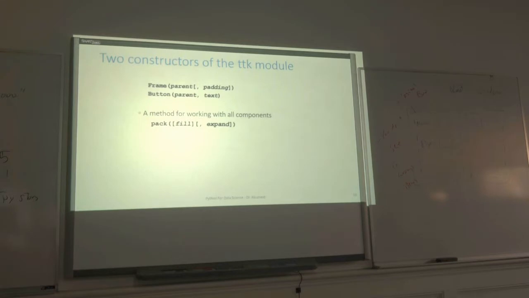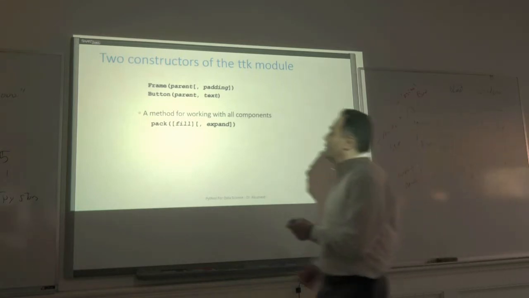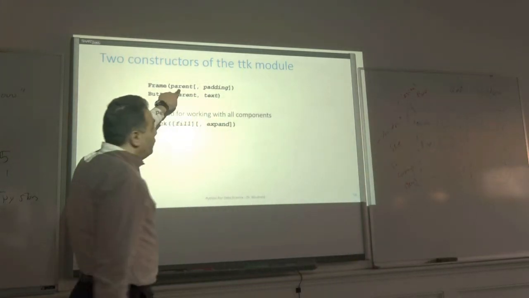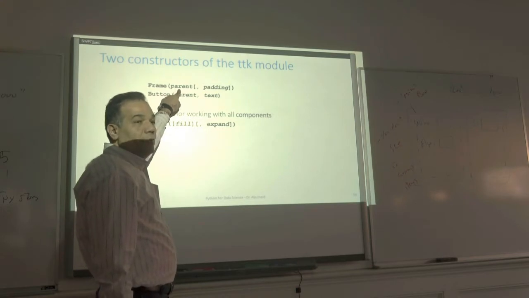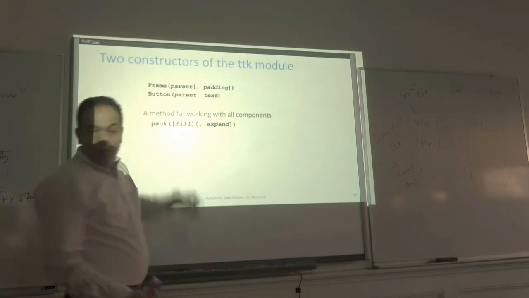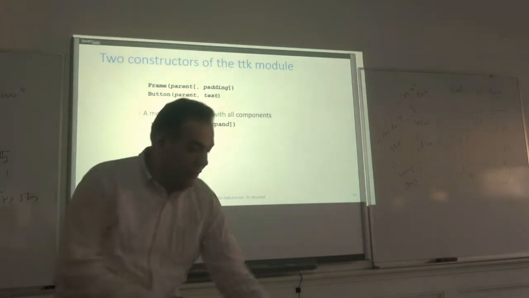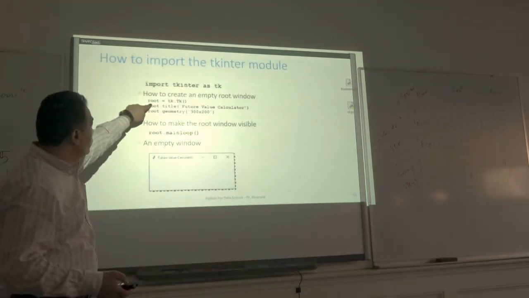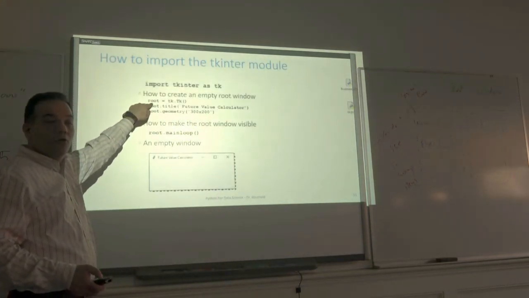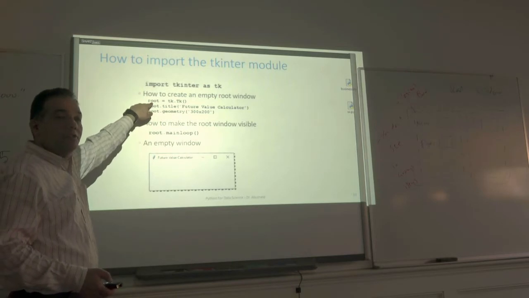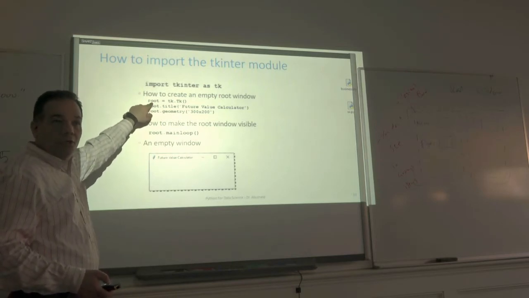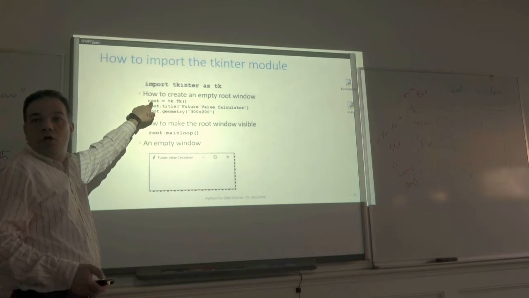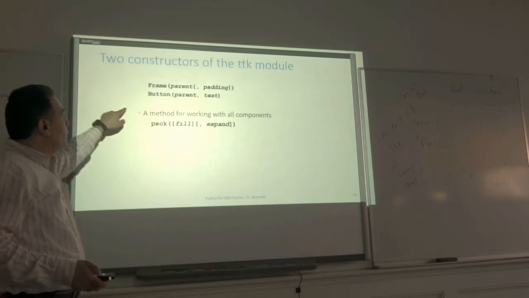Alright? So how do you create the frame? Very simple. Frame, and you put the parent. What's the parent in our example? Root, right? That's what we call it. You could call it W. You could call it Alex. You could call it John. Okay? So the frame,